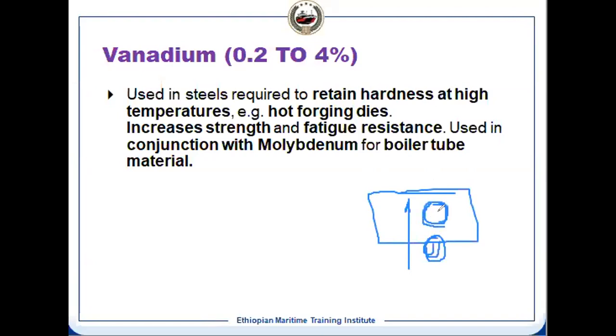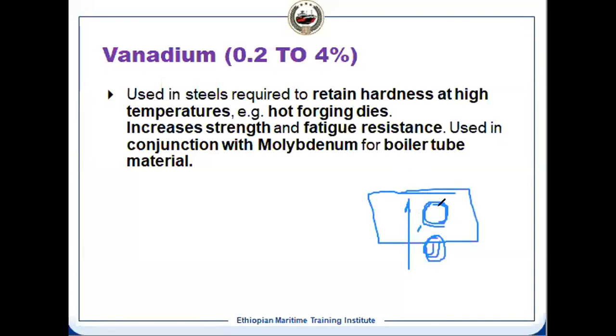Understood? Otherwise, this metal can fail at this high temperature. So hardness retention is the reason vanadium is used, so that this hardness will be retained. It will not become softer at this high temperature, because it is working at high temperature, like the superheater, or the economizer, which will also be at more than 200 degrees centigrade. So this hardness gives the resistance, so it will not deform.